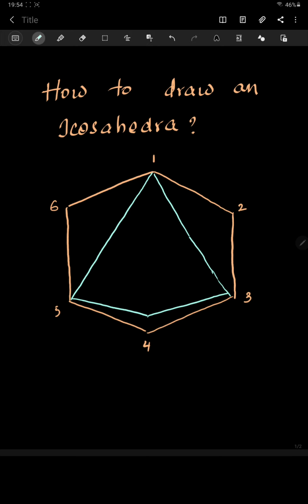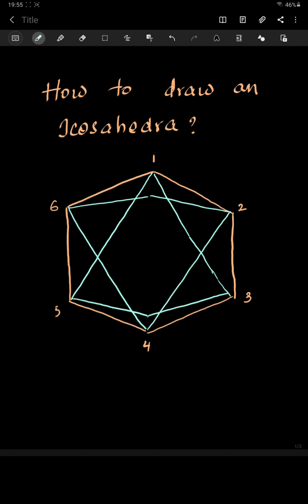Do the same for 2, 4, 6. Join 2 and 4 straight, 4 and 6, and while drawing the 2 to 6, you just make it a little bent. Well, 2 triangles have been constructed. Now here if you can notice, in 1, 3 and 5 we got smaller triangles. Similarly, here is a triangle from 2, 4 and 6. Just join them and we'll construct 2 more triangles within them.